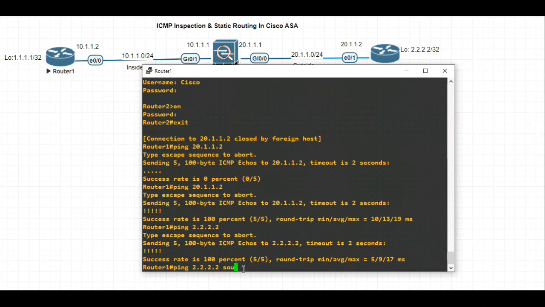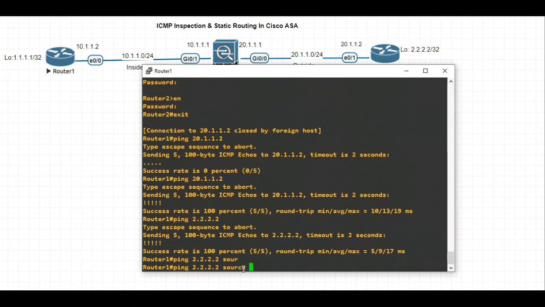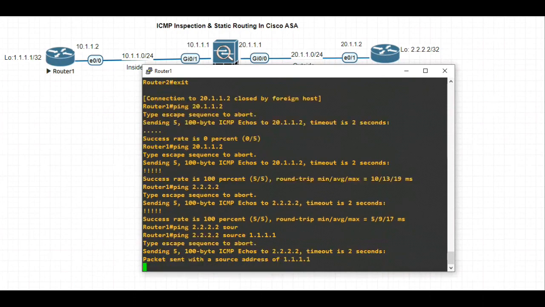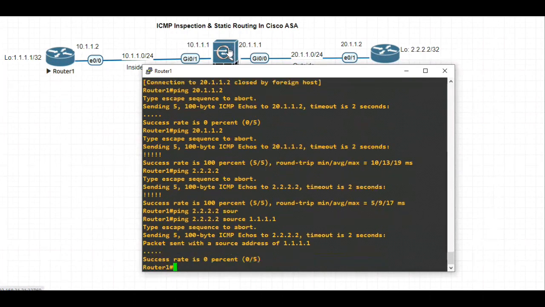And I would like to ping it via the loopback 0 on the router, which is 1.1.1.1. You will see the packets are getting dropped because we have not configured the static route on the Cisco ASA firewall for the inside IP route. So you will see success rate is 0%.